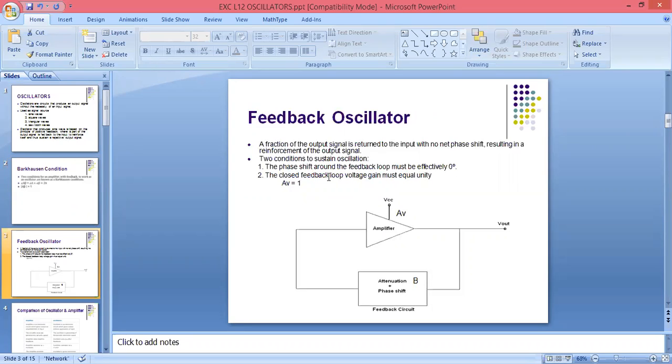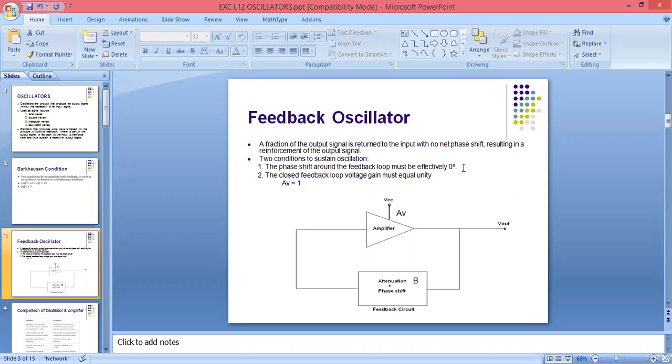So if we have to use feedback as an oscillator, we have to follow these two conditions to sustain that feedback as an oscillation. मतलब if we are following this condition, that time feedback we can take as an oscillator. So these two conditions are: the phase shift around the feedback loop must be effectively 0 degree or it will be 2 pi. So 2 pi is nothing but 360 degree. So there will be no phase difference. 360 या फिर 0 बोल रहे हैं, मतलब क्या है, वहाँ पे phase difference नहीं है